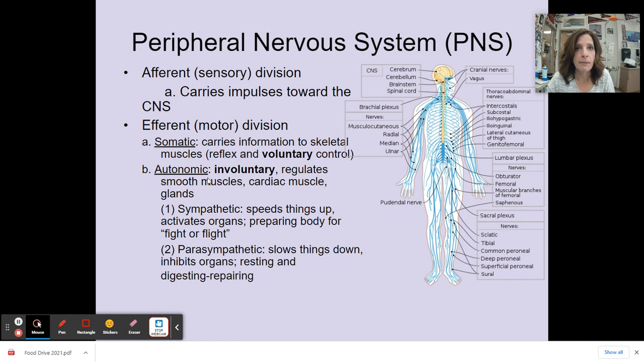And then autonomic, I always think of as automatic because it's involuntary. We don't think about it. And that is what regulates your smooth muscle and your cardiac muscle and your glands. Remember, smooth muscle is going to be like your digestive system and your arteries and veins, and cardiac muscle is only found in your heart. So in the autonomic nervous system, you've got the sympathetic, and that's what speeds things up,